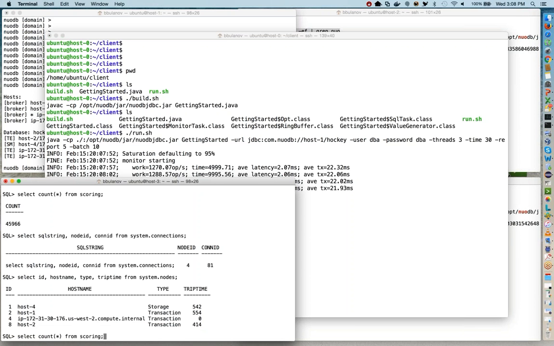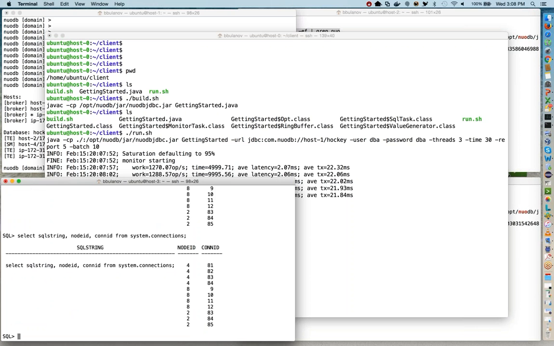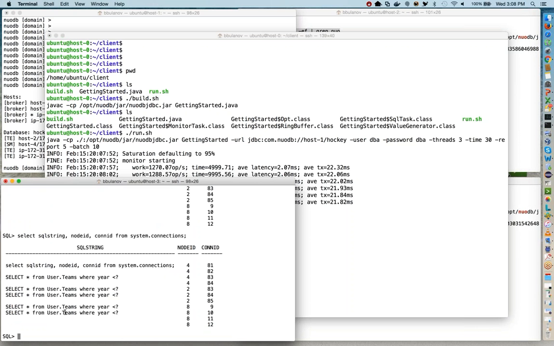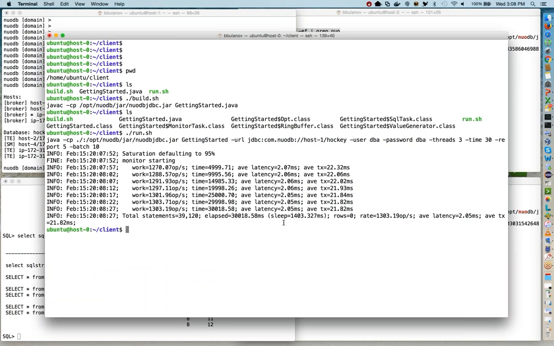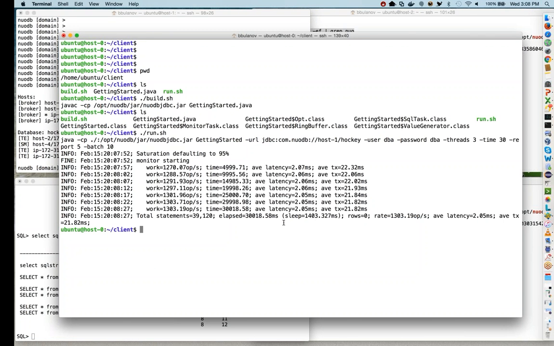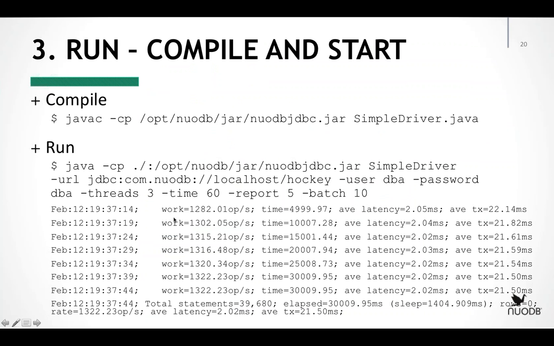And by the way, while we're here, let's go to connections and see how connections are structured. Because connections are computed at any given point in time, you can see that we captured a few SQL requests on different connections. The active connections are 4, 2, and 8. Because the data source in NuoDB by default opens up 10 connections, there's a bunch of connections open here. There are 10 of them, actually 11 including the SQL shell itself. But only a few of those are active at any given time. And our little program came to an end, so let's move on and try a more interesting example with